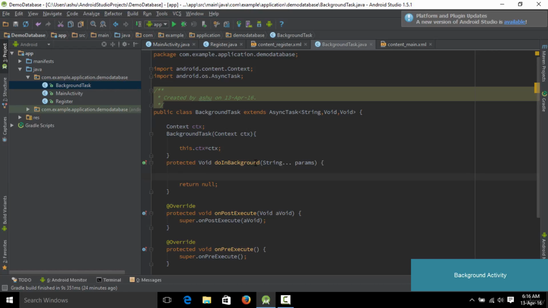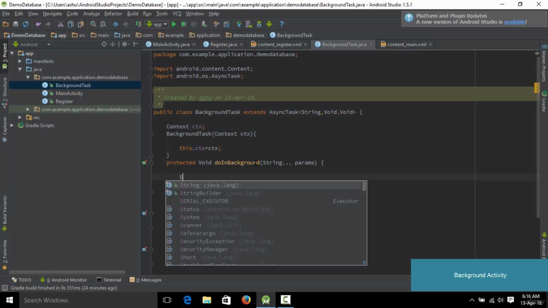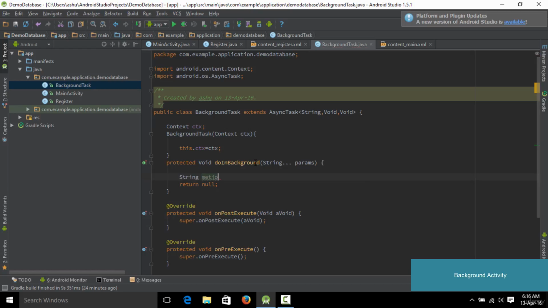So the very first thing which we do is that we type in string method equals params of 0. So what this thing is going to do is that it is going to store the first parameter into the variable called method. Now the next thing which we need to do is that we actually need to check